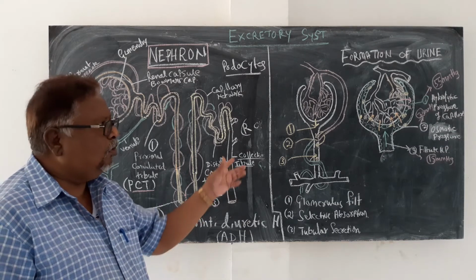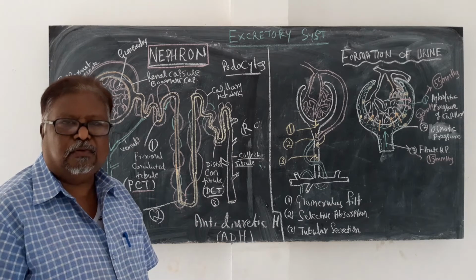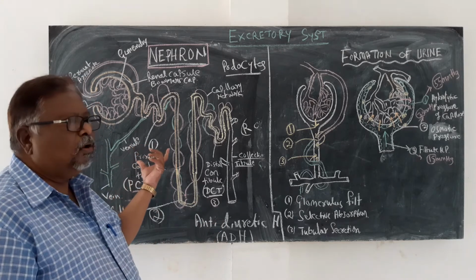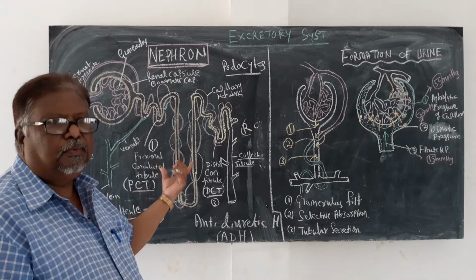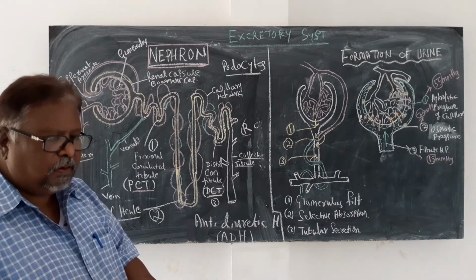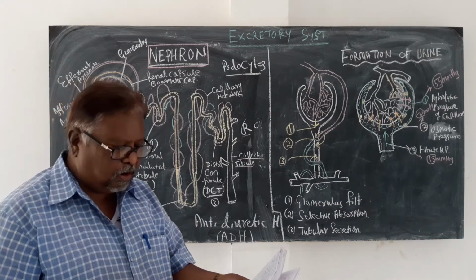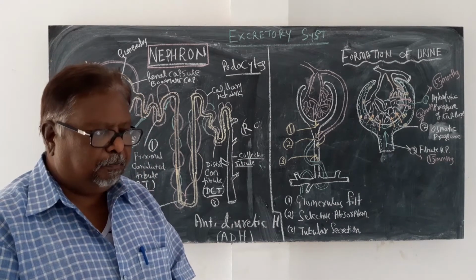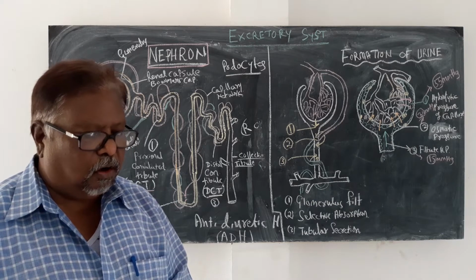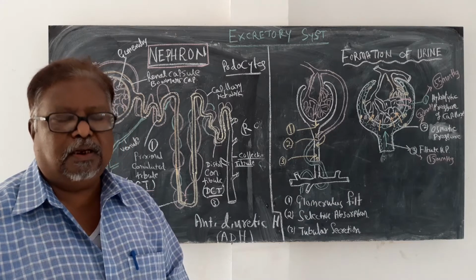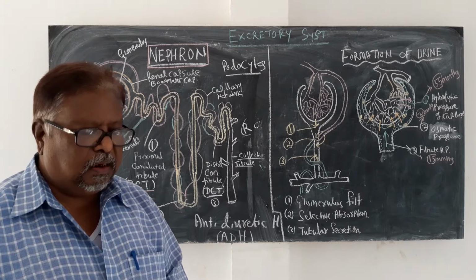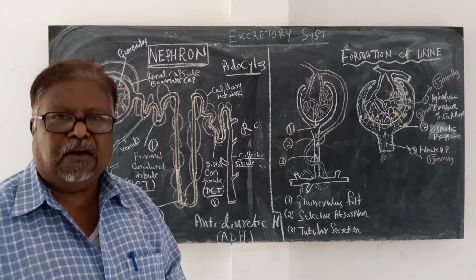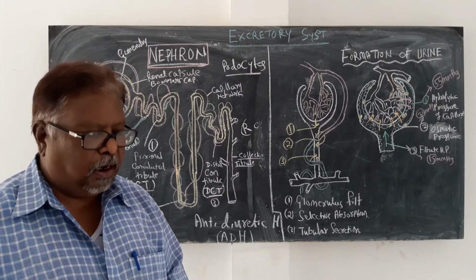I have already explained the structure and histology of the kidney, wherein the pyramids are present and the pyramids contain these nephrons. In the nephron, the urine is produced. Now, this nitrogenous waste material called urine is produced by the kidney, the first point. The second point is the urine passes to the bladder for storage before excretion. First it is stored in the bladder, then afterwards it will be expelled out.